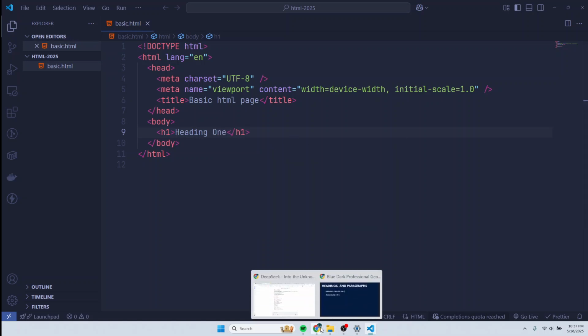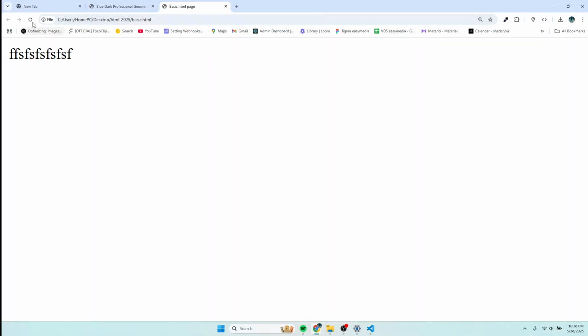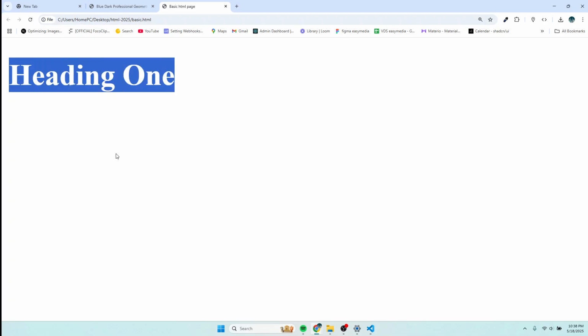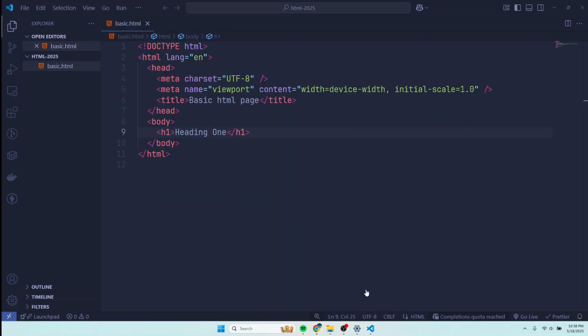Then I save this. If we go to the browser, we should be able to see this heading 1. If I refresh, you can see this heading 1. It's very huge or large text. So I'm going to do heading 2 up to heading 6. To make our coding faster, I'll just copy this and paste it